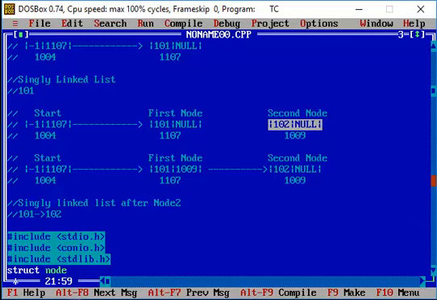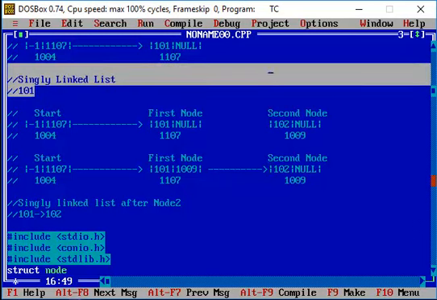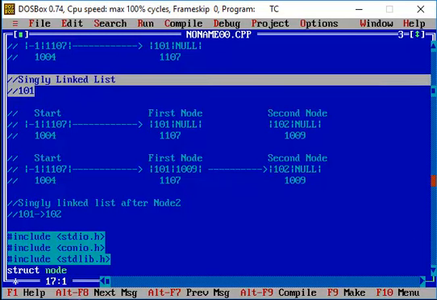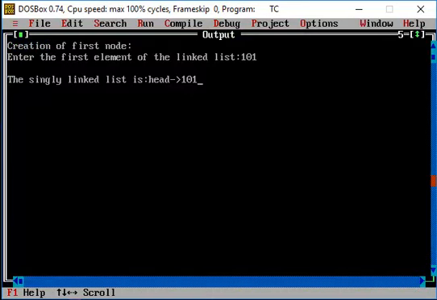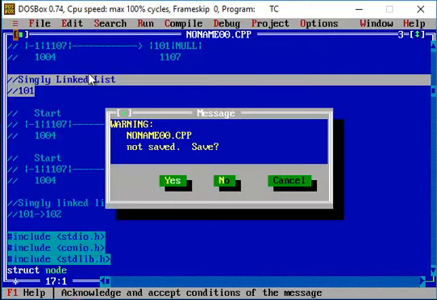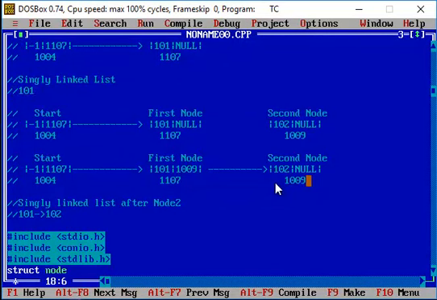Now this node has to be connected with the existing linked list. In the existing single linked list, you already have the value 101. If you see the output screen, you can see the value 101 getting reflected in the output. So this is my existing linked list, and here I have to add the value 102. Remember, your existing linked list has the address field value as null.